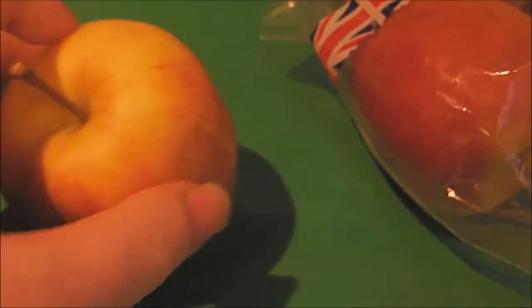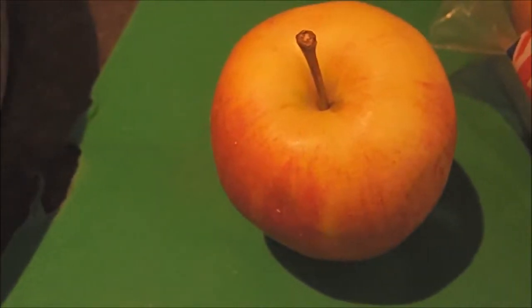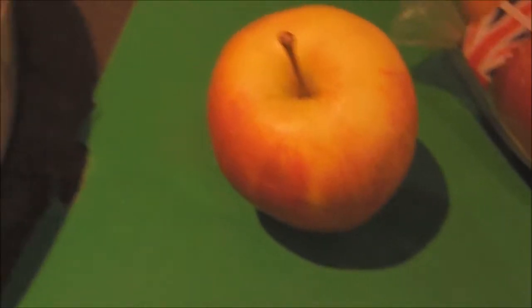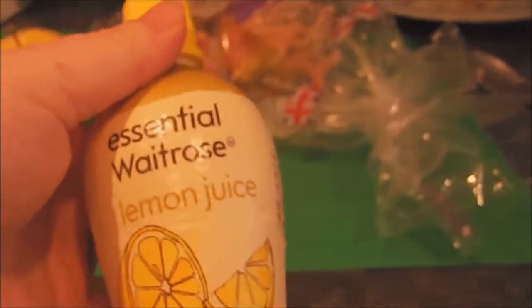I'm going to peel them, take the core or the stalk out, whatever, and then cut them up into pieces and put that in. Sprinkle some brown sugar over them, and some lemon juice, which is in here. I call it my secret ingredient, even though it's not really that secret, but it's what I love to have. One of my kitchen essentials, I always have to have a little pot of lemon juice. It's the same with vanilla extract and